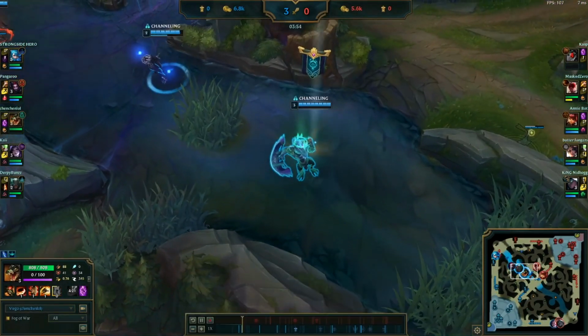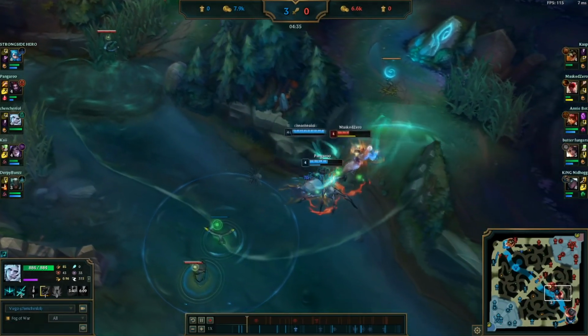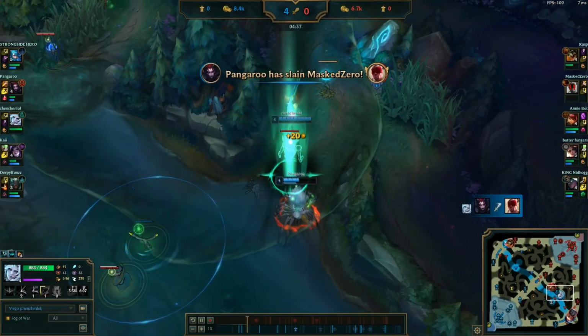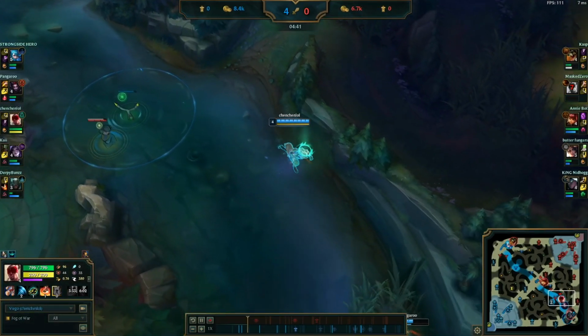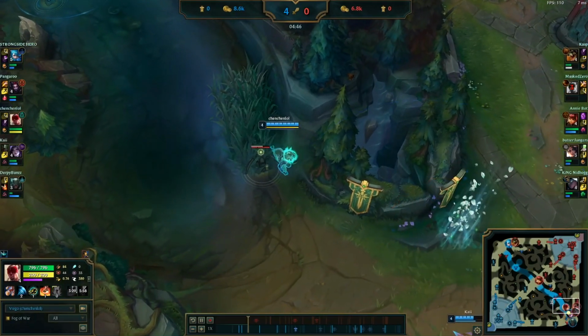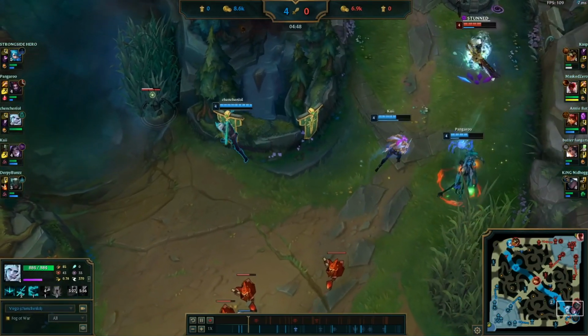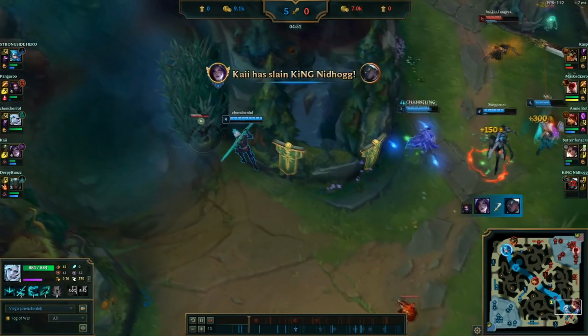So instantly I see pings across the map, and I see my Elise is fighting the Lee Sin. We just come pick up a free kill. Like I said, ladies and gentlemen, I adapted an extremely heavy roaming playstyle when using this sort of build, just because you have to get some sort of lead to make this build actually work. If you go the regular damage build...